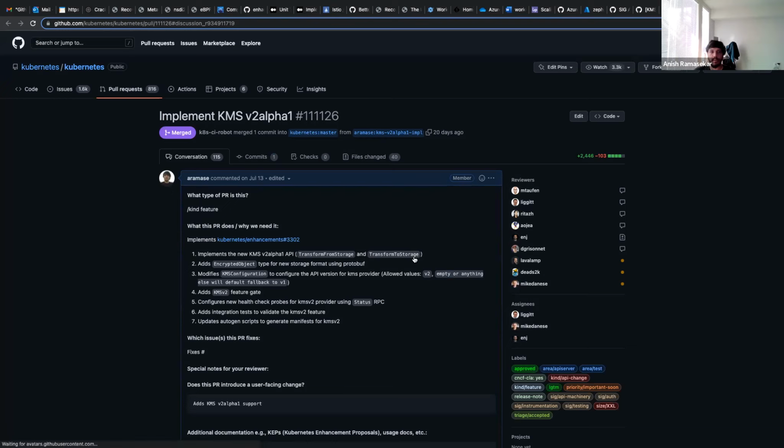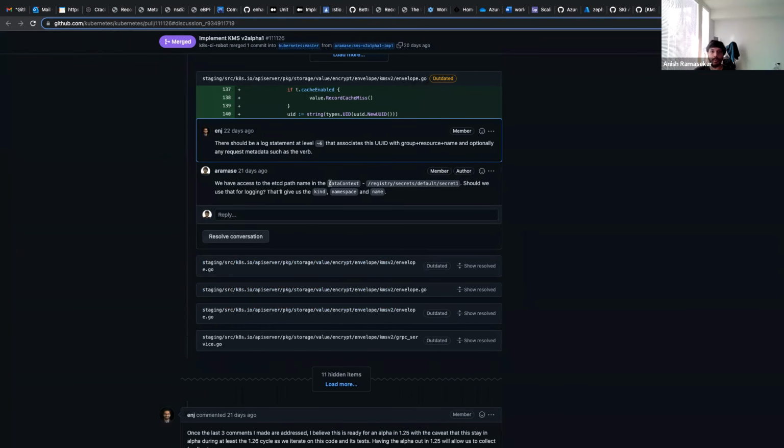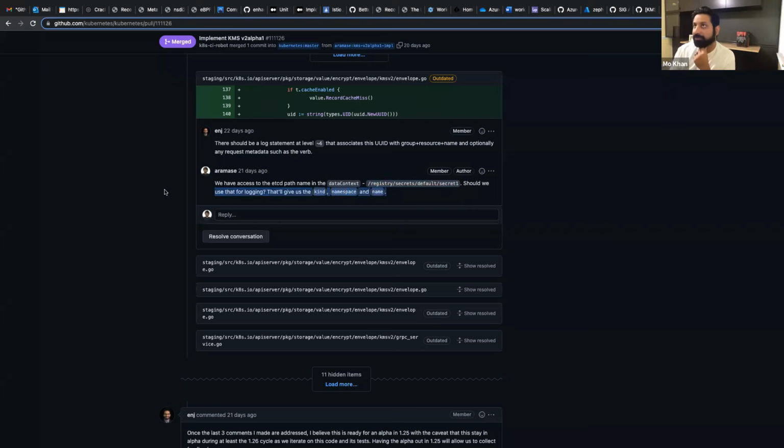Yeah, I think the only thing we had discussed in that comment was you actually have access to the data context, right? So this is what you have access to when the KMS call comes in, which is the path in etcd. So you should have access to the full request info if the request is coming in from a REST API handler. So you should be able to parse out that structured stuff and have it available. And then you should also just include the raw path. Basically you should include whatever you have. So if you have the nice structured stuff, include that.